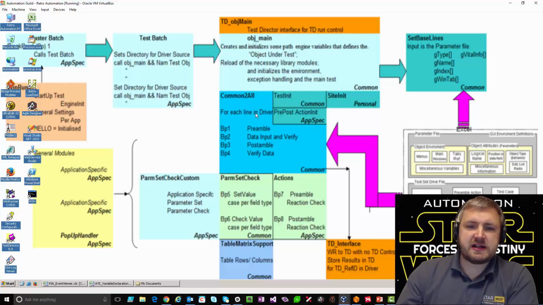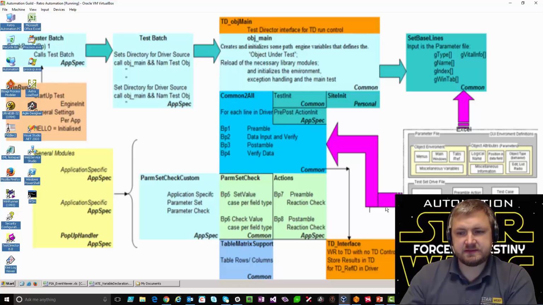Then you started getting the common functions. These would be for each line of the master driver file. This driver file would have an expected result, a reference, a pre and post amble action, which would go on within the various different functions. So the preamble steps would happen first, then any data input and verification, post-amble steps after that, and then verify that what's being inputted is correct. Or this could actually be a step where it checks what's happened in the database. So again, we're passing over parameters, which is the data component, and the keyword component is part of this driver file component.